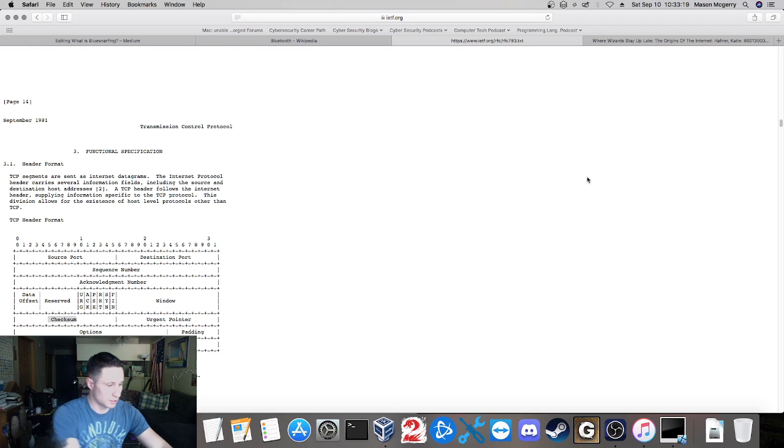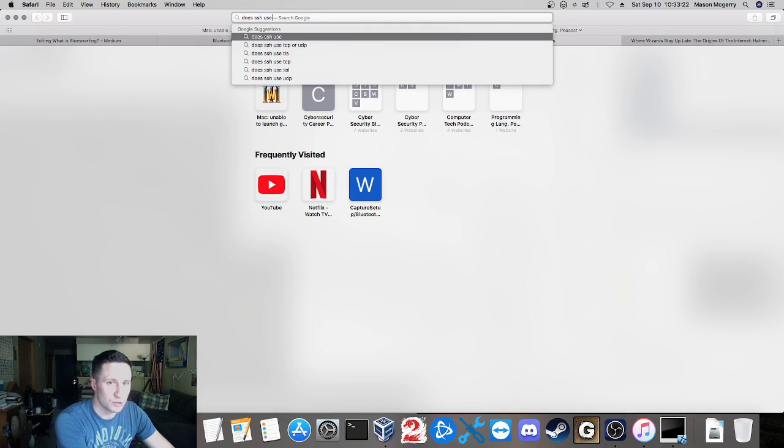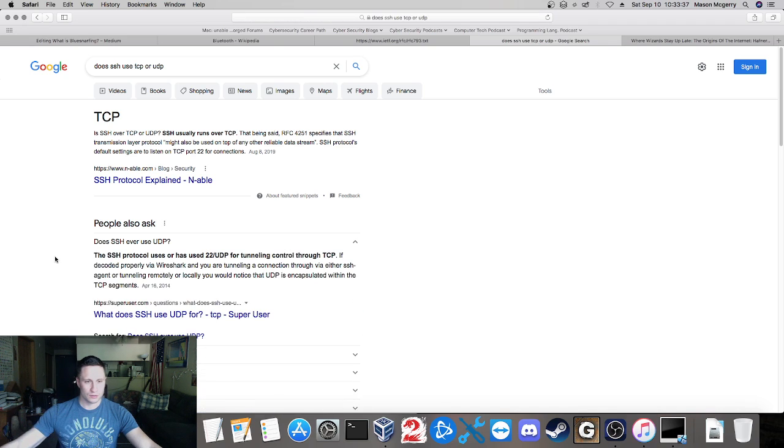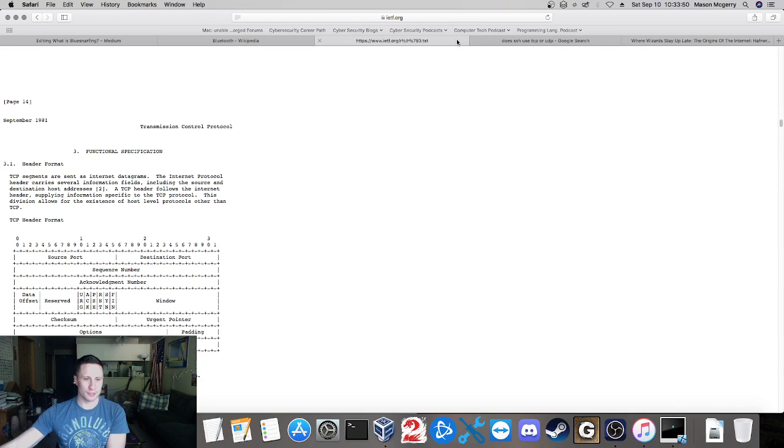SSH. Let's check that. Does SSH use TCP or UDP? Yeah. Okay, so you could do it over UDP, apparently, which doesn't really make a lot of sense to me since you have a secure tunnel, but I guess it's because it's constantly, so it uses both protocols, maybe? Something to dive into at some point. That's interesting. But anyways, yeah, so TCP,